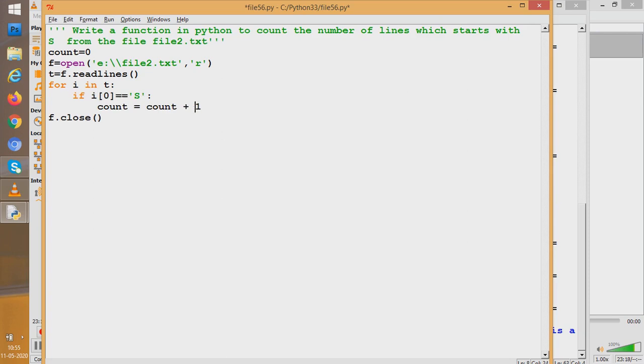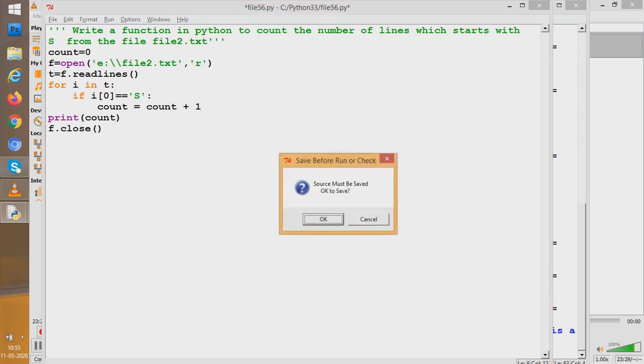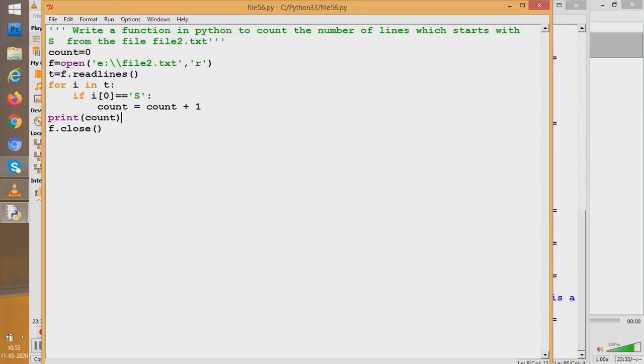And you can even give a print. So we would give a print here, print count. So this would work for us, no problem. See, again it gives 3. So there are 2 ways of dealing with the question of lines in CBSE. We saw both the ways. One, you can use the readlines function and then use a for loop on the list. And second, you can directly use a for loop on the file object F.